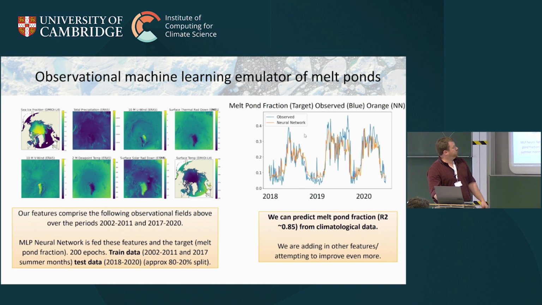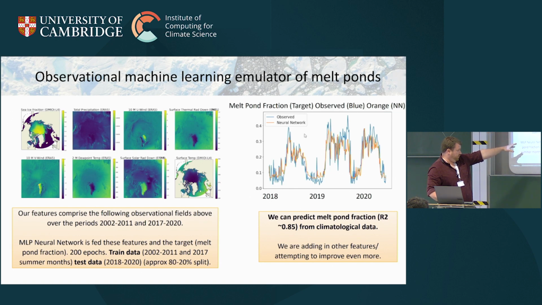Long story short is we're able to have an observational-based emulator of Icepack. So on the left-hand side, we take climatological observations. So we've got observations of things like temperature, things such as winds or radiation, and then you also have observations of melt pond fraction. And you want to go, okay, if it's this hot, or it's this windy, this amount of radiation is coming down, this amount of precipitation, what is my melt pond fraction? So basically we give neural networks a lot of input data